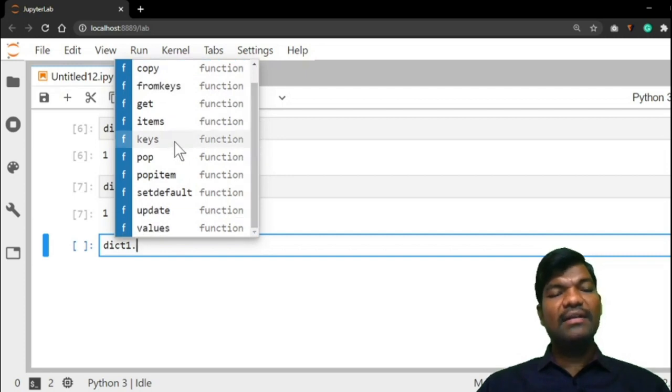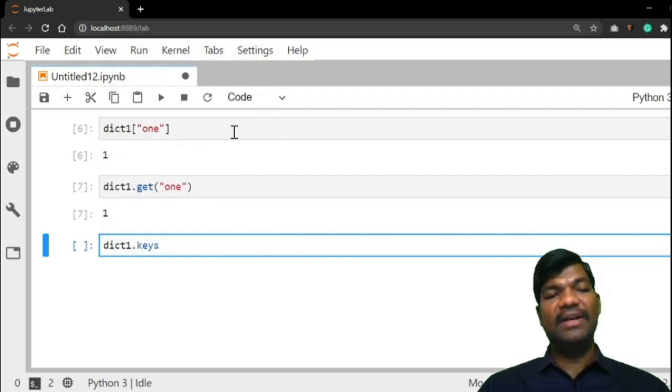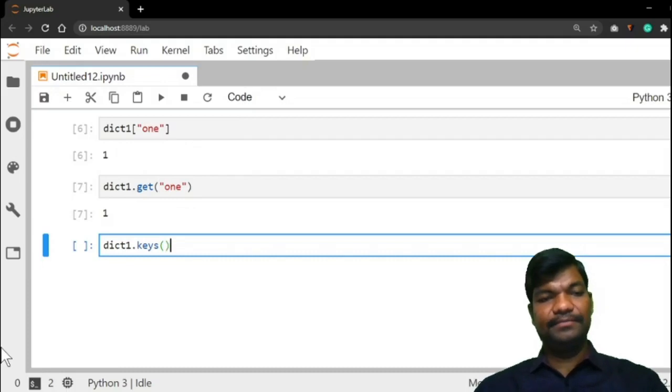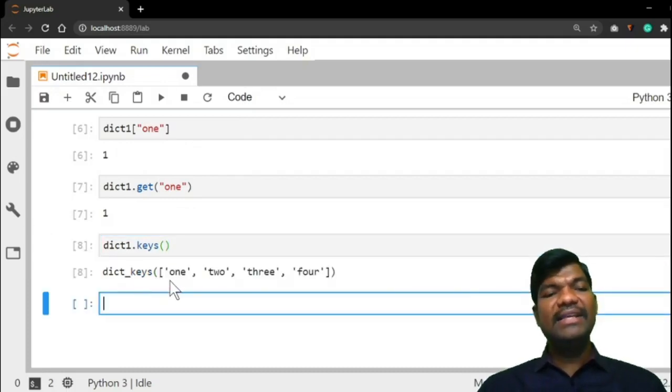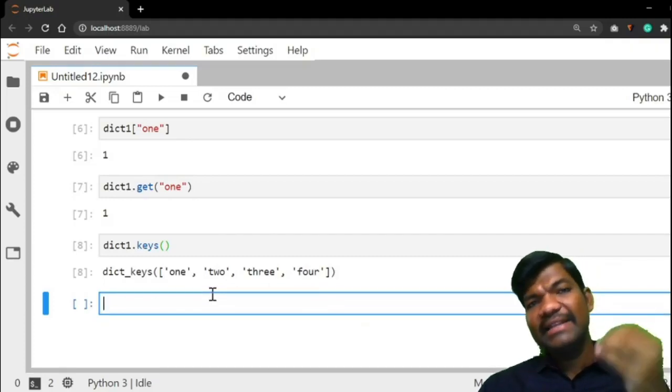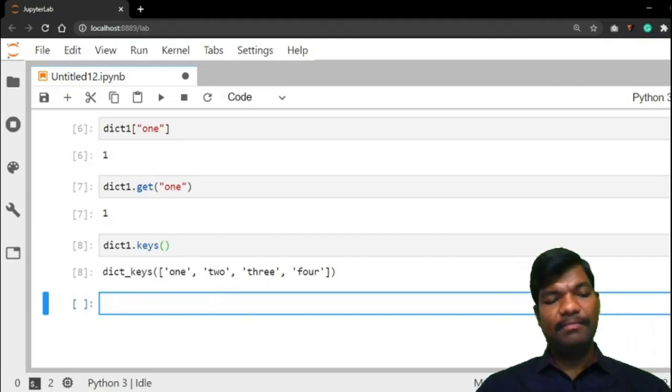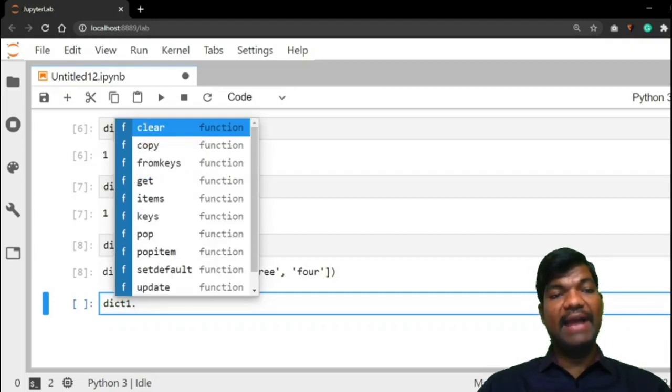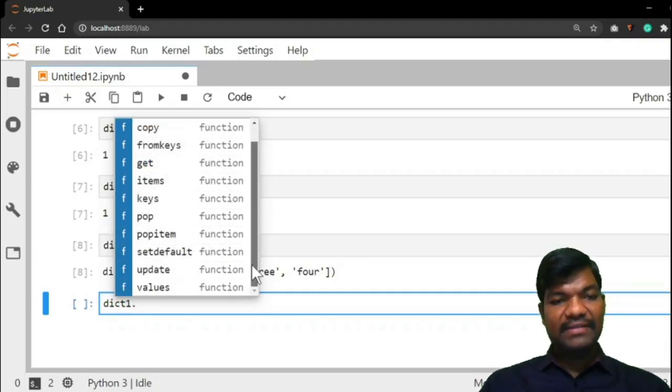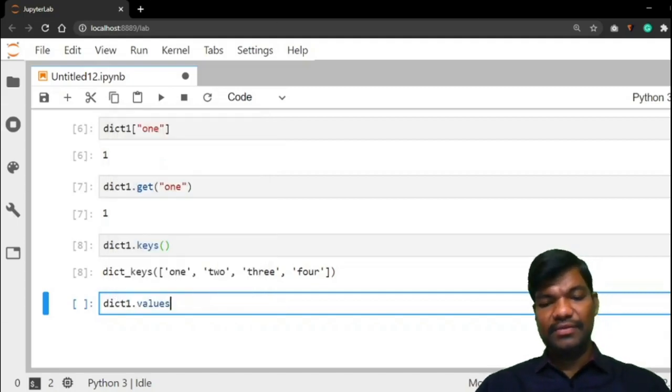Select the keys function and press enter. The dict keys are 1, 2, 3, 4. Suppose you want to get the values. Same: dict1 dot, press tab. Where are the values? Yes, here, values.